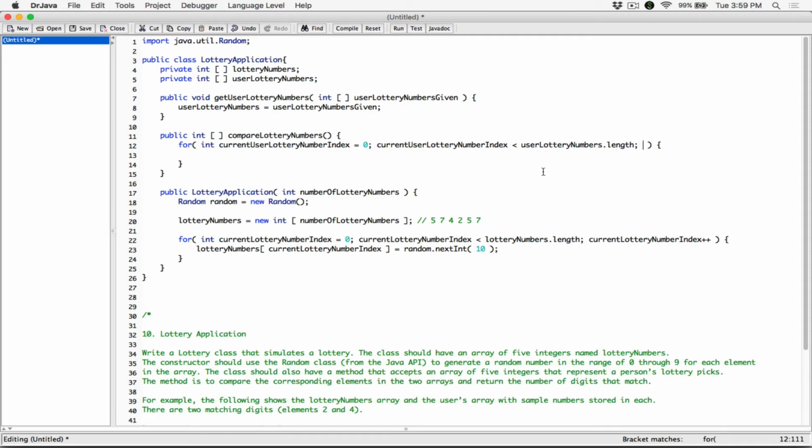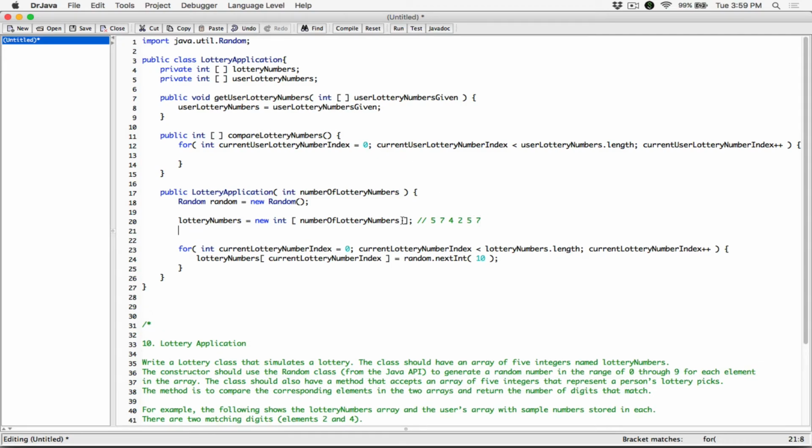So before we come back up to check this condition, we add 1 to current user lottery number index, ++. Right? And so because these two arrays have the same length, it's like we're comparing two arrays side by side. If I create another array,